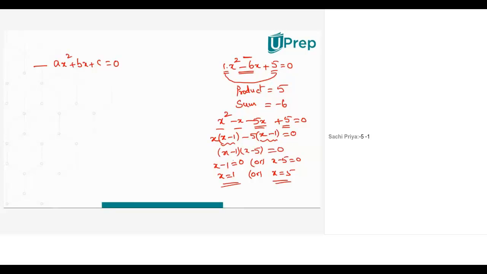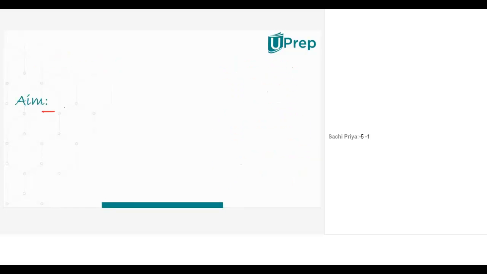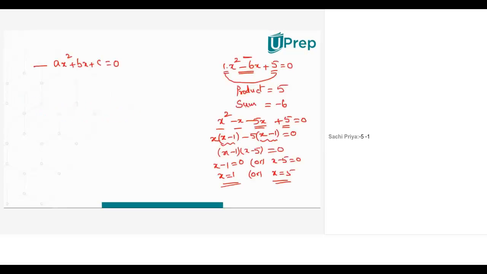Now in this class, we will directly derive the quadratic formula. Now, what is the need of this quadratic formula? As you can see, I have just now considered an example and said, if the quadratic equation can be factorized, then I'll get two factors, each of them will be 0. But do you think I will always have such factors?